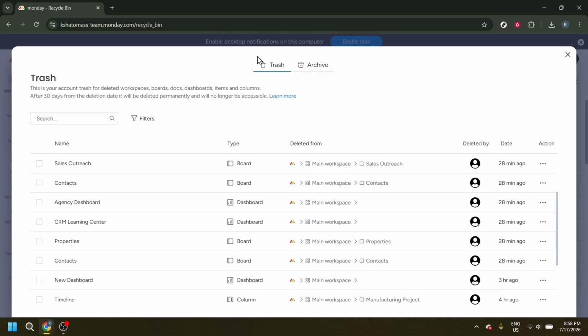To recap, you click your profile in the upper right corner, open the trash, find the deleted board, open the three-dot menu beside it, and select Restore. If you're trying to recover something important, it's best to do it as soon as possible so the item remains available in the trash. And after restoring the board, it can be helpful to open it right away and confirm that everything looks